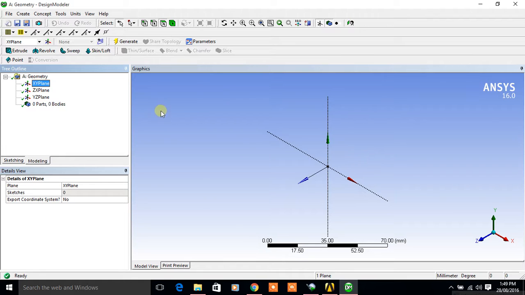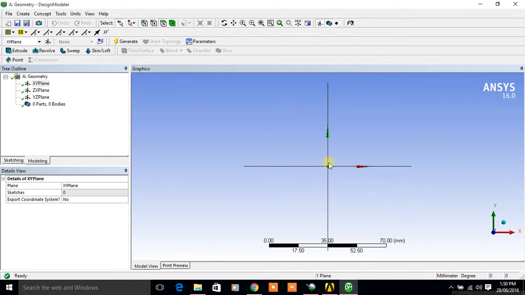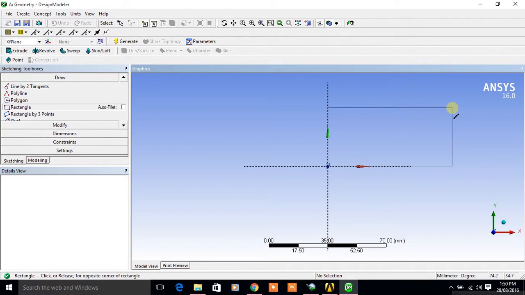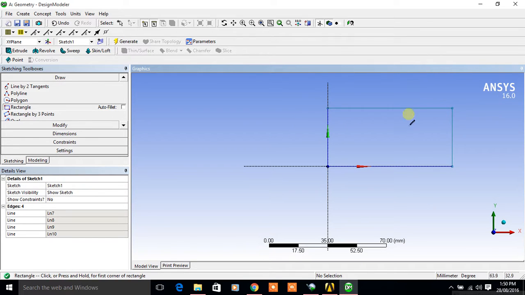After creating a plane, I will look at the plane, and then go on to sketching. Sketching gives me various tools to create a diagram. Suppose I have to create a rectangle, I will create a rectangle over here. Now I need to give the dimensions of this rectangle.